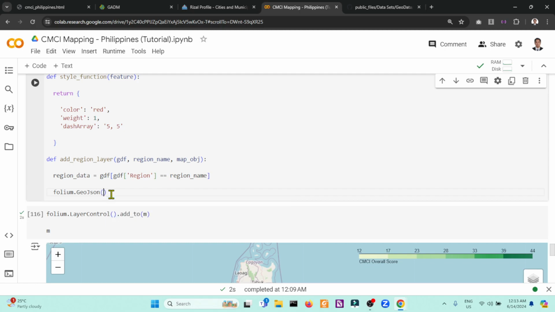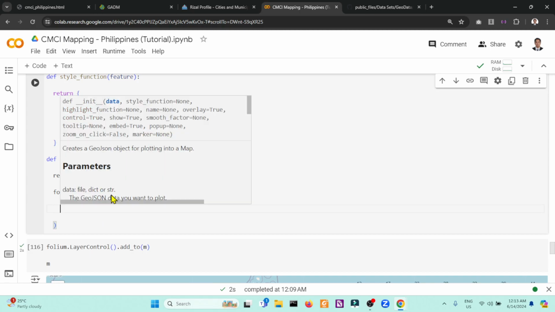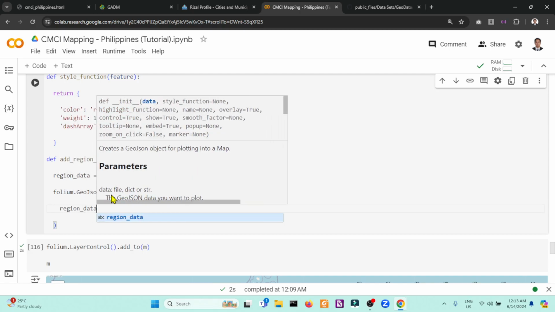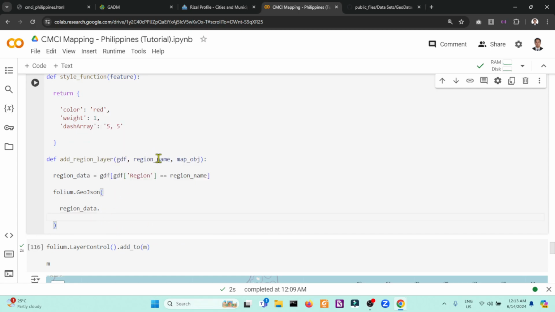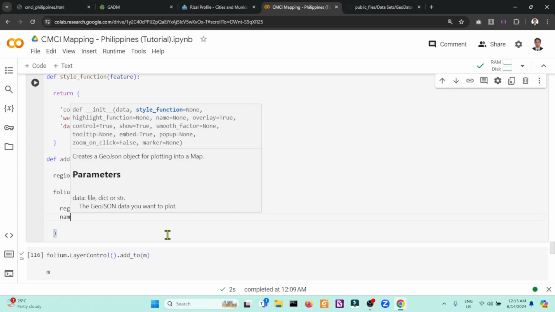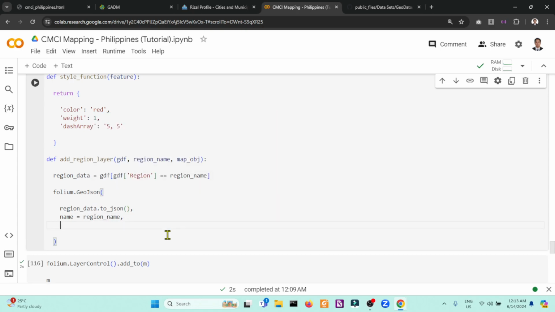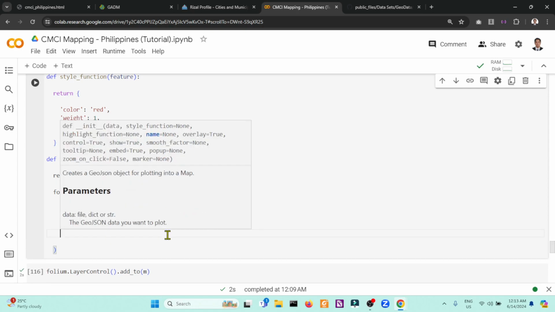So the GeoJSON map is similar to creating overlays. So remember, we will use the specific region data passed to the add region layer. So our region data must be converted to a JSON file first for this to work. Then the specific name of the region that will appear on the layer control will be the specific region name. The overlay should be true so that we can see the overlay.